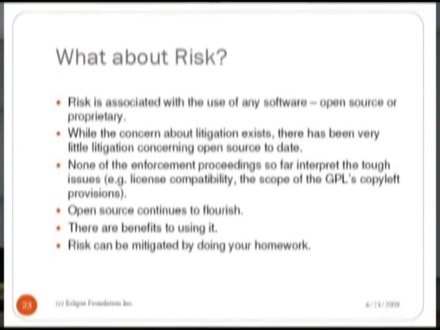Those fears, while raised a couple of years ago, just haven't come to fruition. There have been a few cases, some in Germany, some in the United States, generally supportive of the open source license itself and enforceability, but it really hasn't dealt with some of the sticky issues like linking and the GNU Public License, for example. So we continue to use it. We do look at ways to mitigate risk at Eclipse, and so I'll start to talk to you about